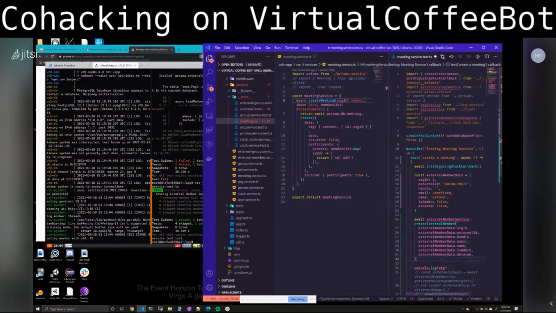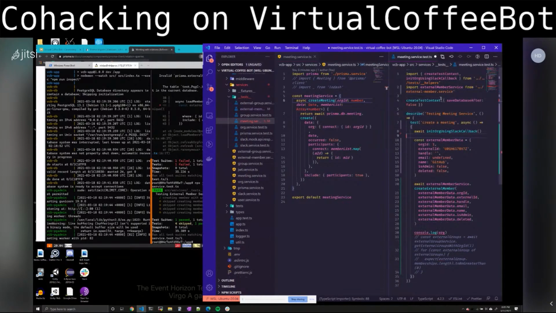All right. So now I want to import the external member service. Don't need these other things right now. And that should create this member. const member1 is equal to await, and I can just do external member 1 data,